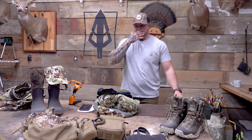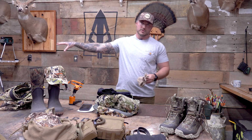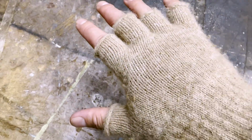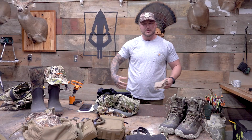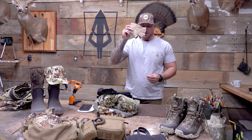Now, looking at some of this other stuff that I wear, gloves, okay? I have a pair of Sitka gloves that we'll look at in that part 2 where we kind of get into some of that cold gear, but I usually wear just some fingerless gloves. These are made of alpaca. I'll wear these all year, okay? Unless I'm in some really cold weather, this is usually what I'll rock all year long. I usually have a hand warmer underneath my chest pack, so these will get me almost all the way through